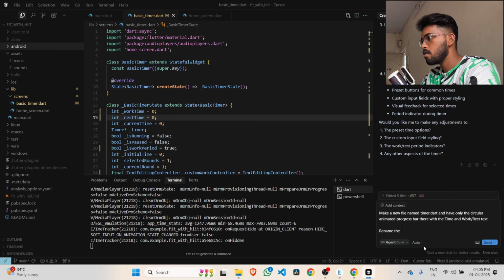Rename the basic timer.dart file to basic timer screen.dart file,